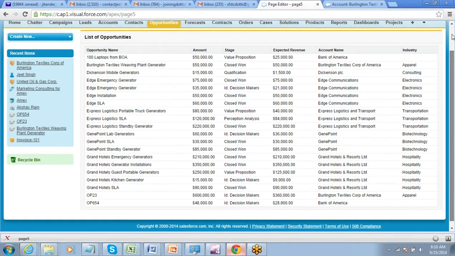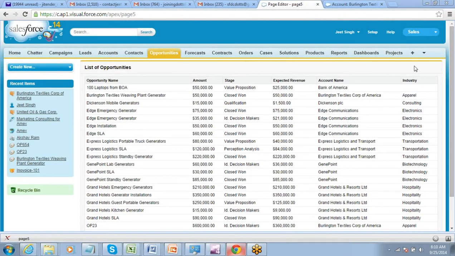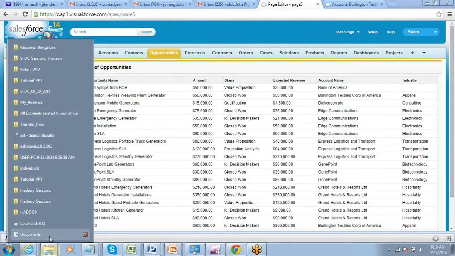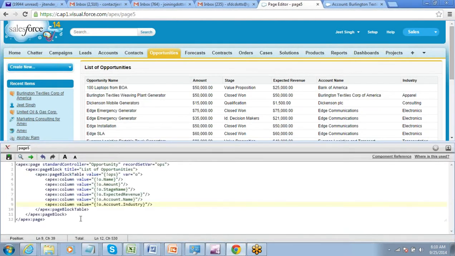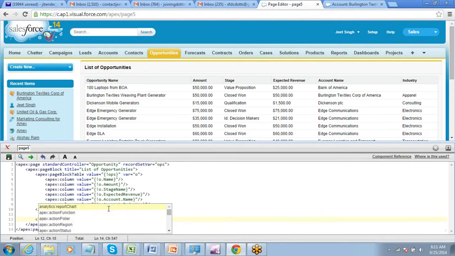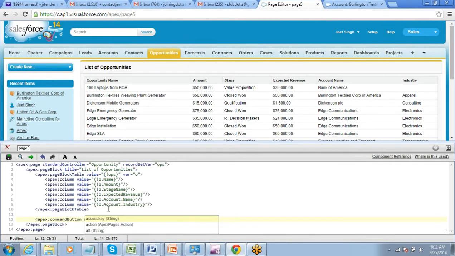So how do we define these actions? Let's create a button here. A command button with the action next. So this will take you to the next page.